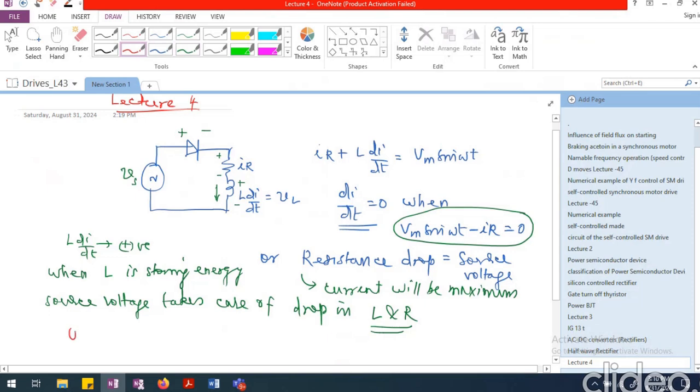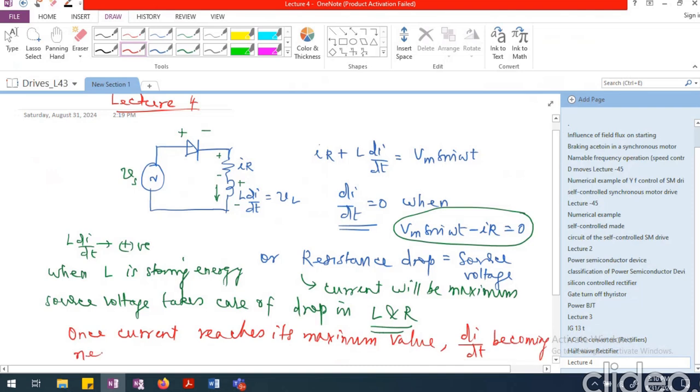So once current reaches its maximum value, we are going to have di by dt becoming